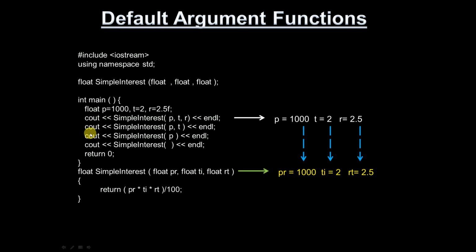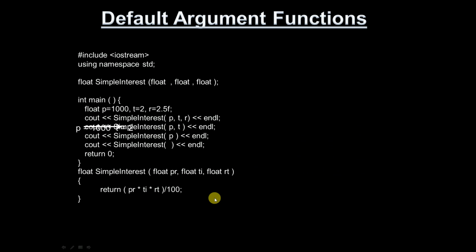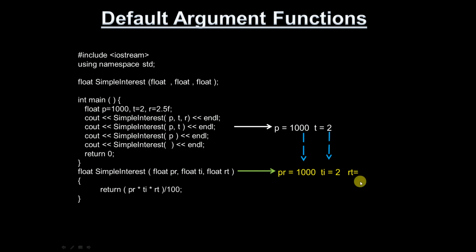Then see what about the other three cout statements. In the second cout statement, I am calling with only two arguments, but according to the function prototype declaration, the compiler will check: are you passing the first argument? Yes, that is float. The second argument is float, we are passing, correct. So what about the third argument? It is not there. The third argument is also expecting some value, and no value is given. So the compiler will say there is no matching function: too few arguments. It is expecting three arguments, but you are passing only two.